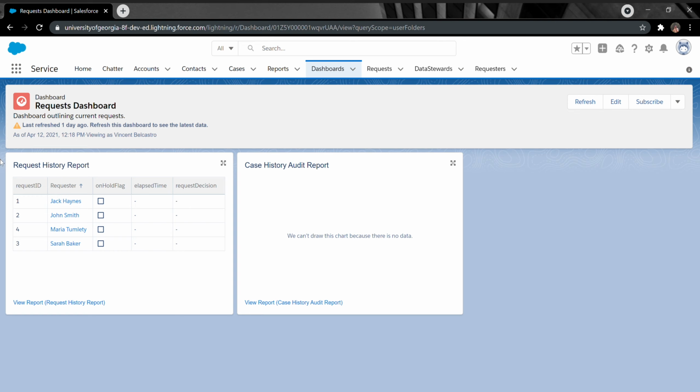But we also have the request history report, which shows the history of requests that have been made within the system. In the last sprint review, we went into depth here, but it just shows the different, if it's on hold, how long it's been since the request was submitted, and the decision on it. And if you go deeper into the report, you can see more fields, but those are the most important ones just right away on the dashboard. And then we also, if you go back to setup here,